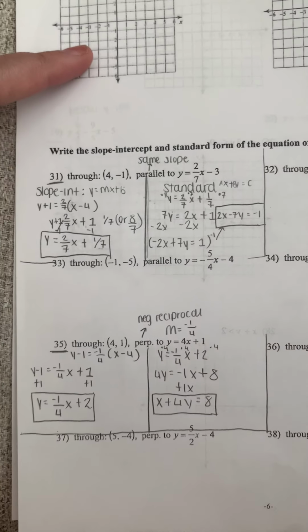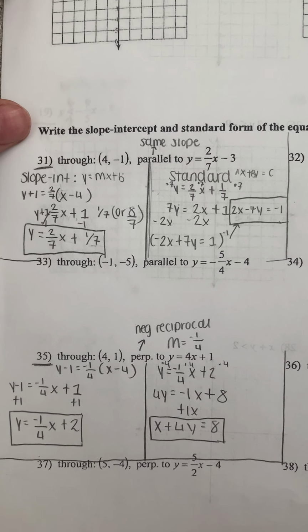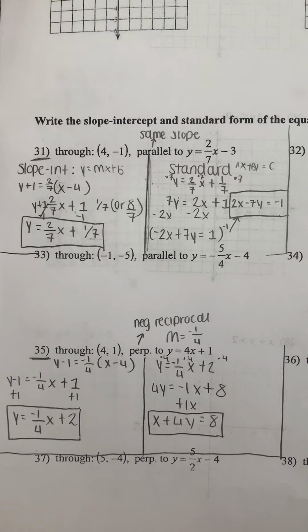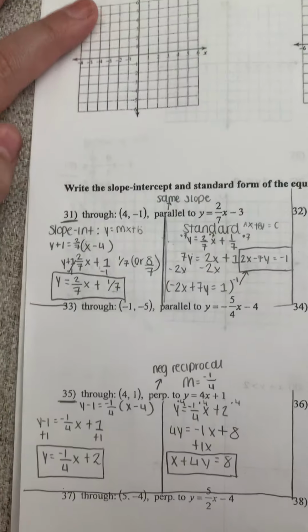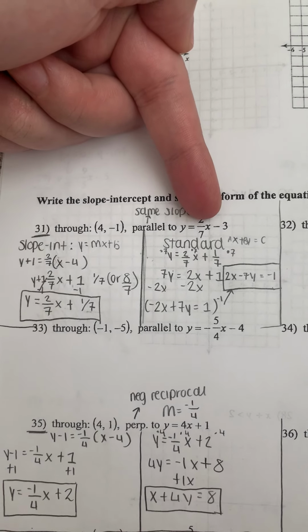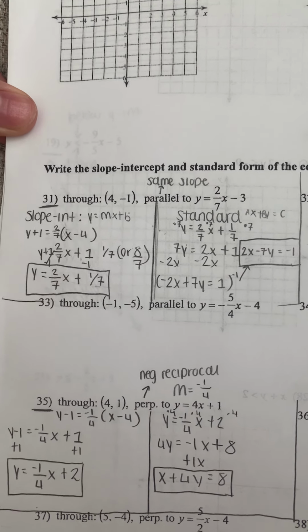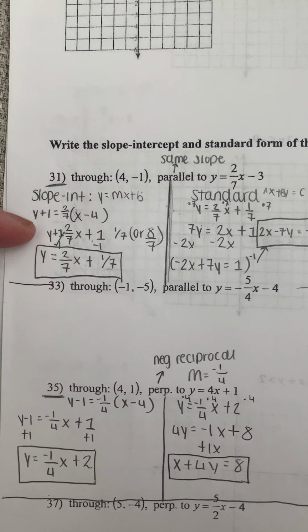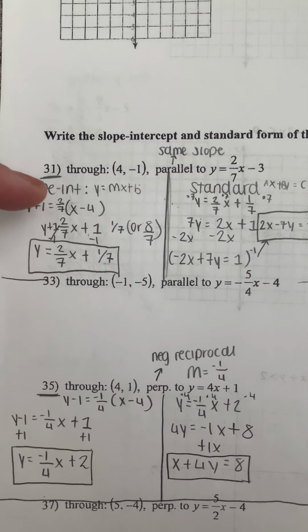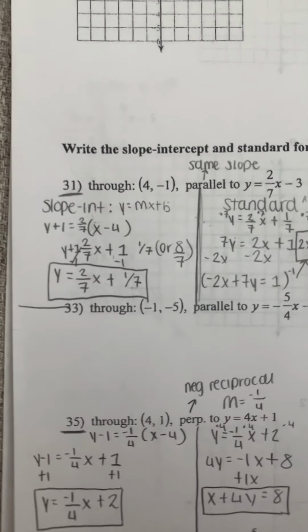And then the last two that I did were 31 and 35. So 31, I used point slope form to find how the line would go through this point and parallel to this equation right here. And then I remembered that parallel means that they would have the same slope. So I plugged the set of points into point slope form, and then I distributed the 2/7, or the slope, into the parentheses to get